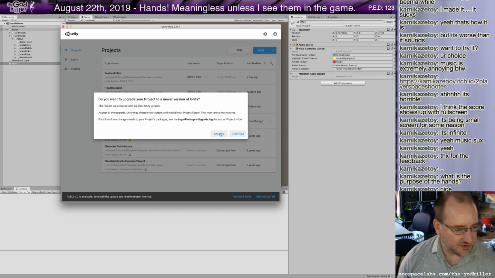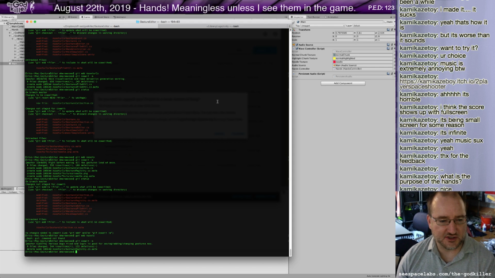Ooh, do I really want to upgrade it? What if I break it? Just in case I'm about ready to mess it all up, I'm going to do the equivalent of a save with Git. First, let me make sure I got everything in there for the